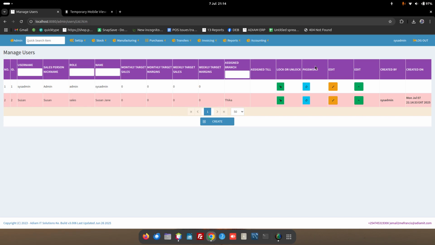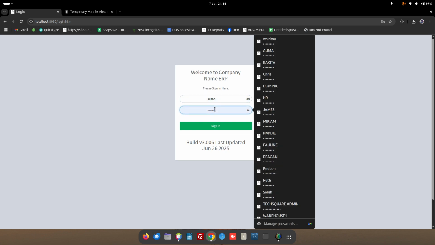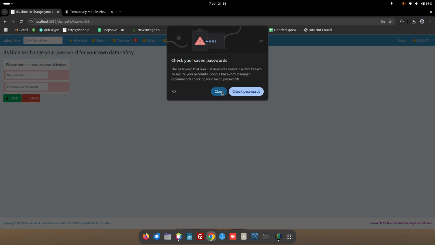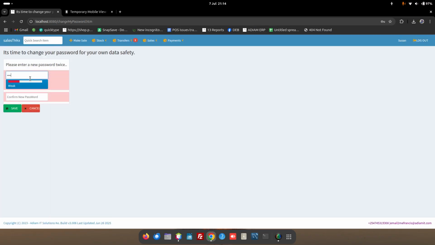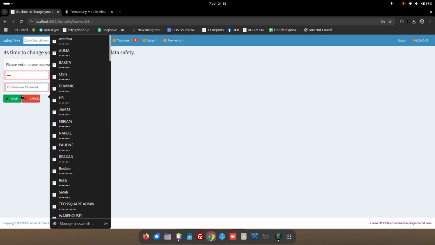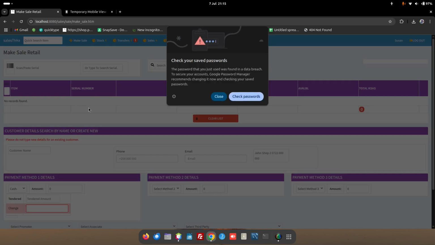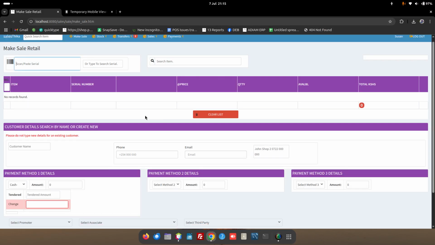So I will log out here and I will log in with Susan, and for the password I'll put the word password. I'm assuming that's the case here. The system will ask Susan to change password, so I can put 1234 and I put another 1234, then I save. So immediately Susan does login in,